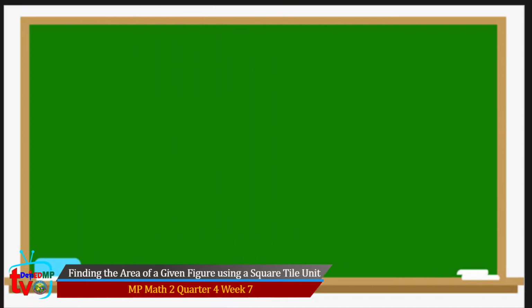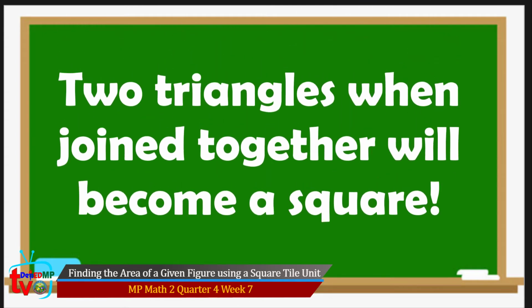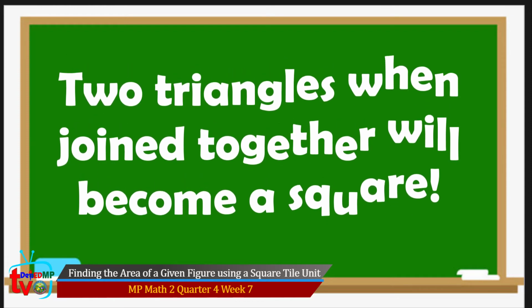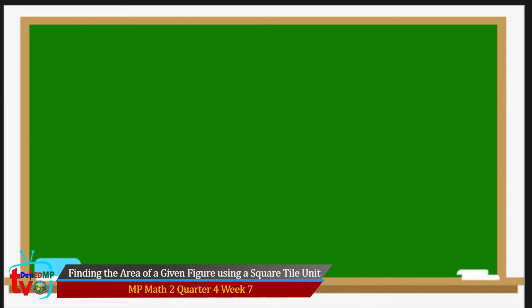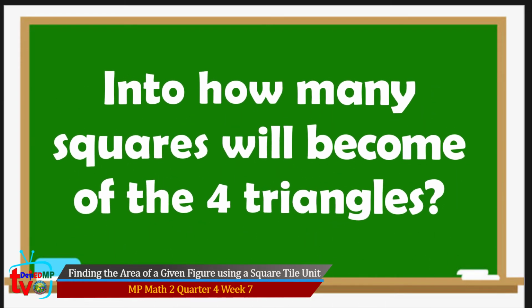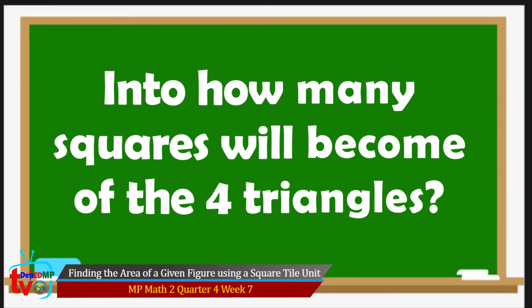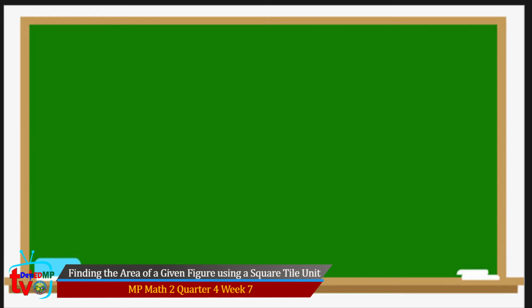Now, let us put together the triangles to come up with a square. You have learned that 2 triangles, when joined together, become a square. Now, let us go back to our example. You said that there were 4 triangles, so first triangle plus second triangle will become 1 square,